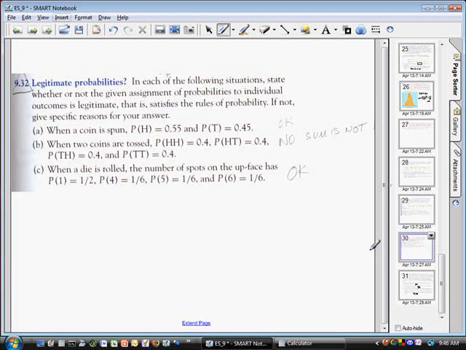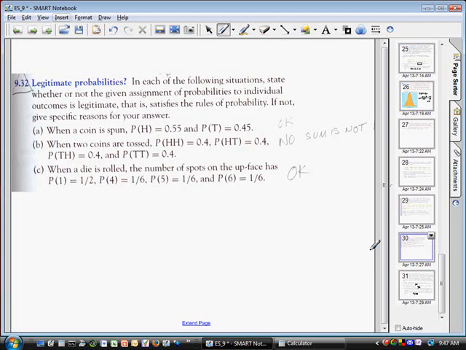B, when two coins are tossed, the probability of both heads is 0.4. The probability of a heads and a tail is 0.4. The probability of a tail and then a head is 0.4. And the probability of a tail and then a tail is 0.4. Well, you got what? Way more than 1, right? 1, 2, 3, 4. 1.6 for a total. No go. When a die is rolled, the number of spots on the up face has probability of a 1,